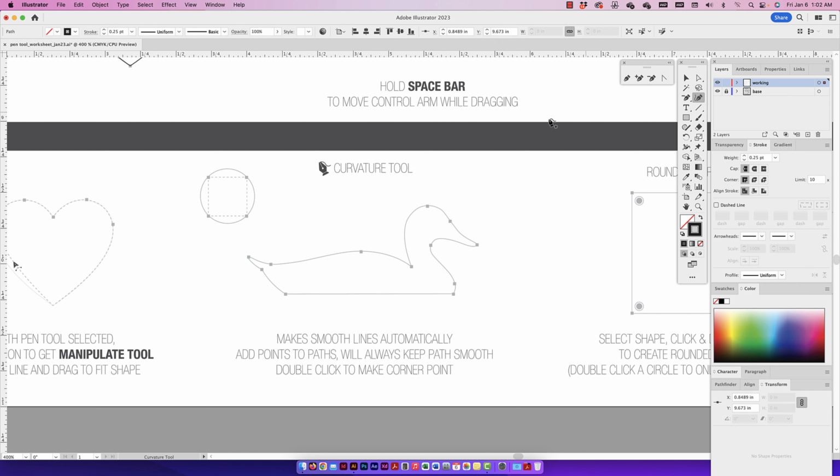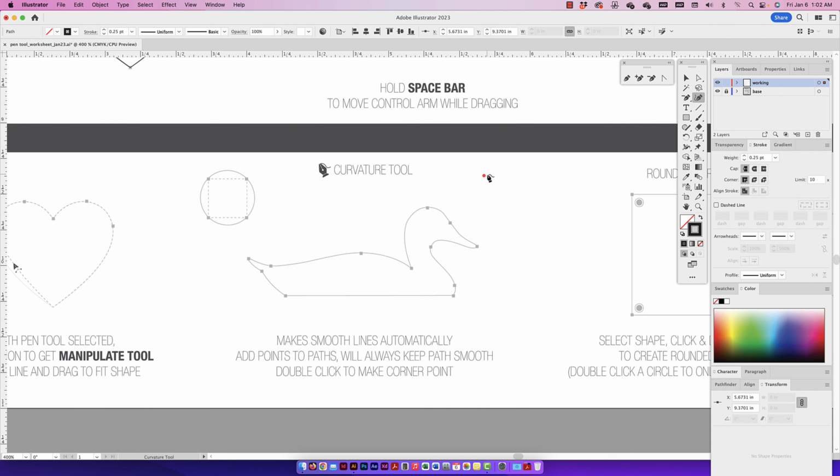Well, how do I make a circle? I know how to make a circle. First things first, let me just show you what the curvature tool does. If I click here, and I'm going to make another click. Sure. All right, so already the click is not a straight click, so this is just a line, but it's actually this red line that I'm creating. And what I could do is click again,